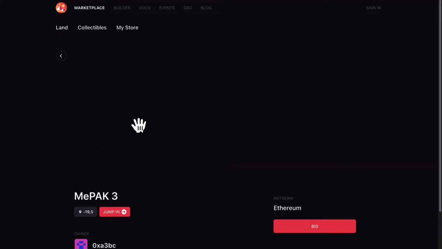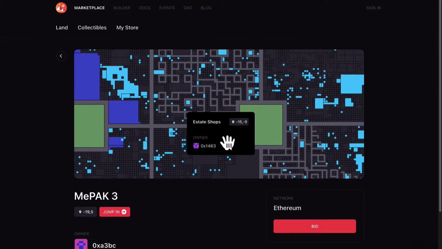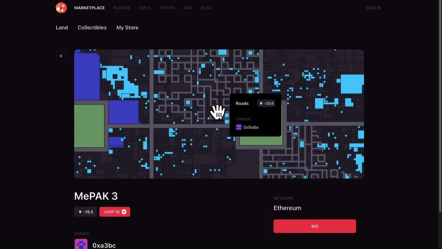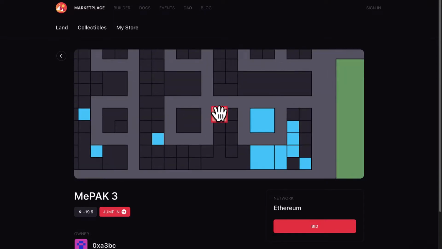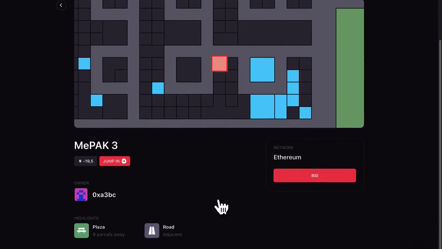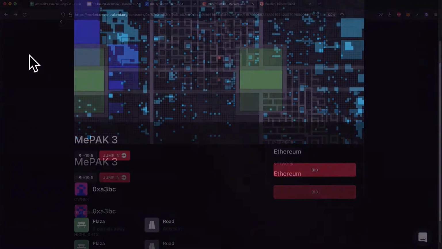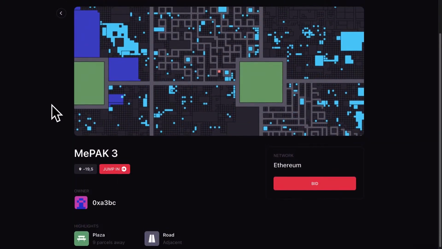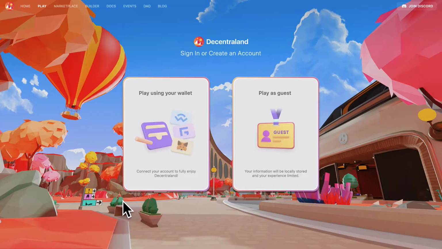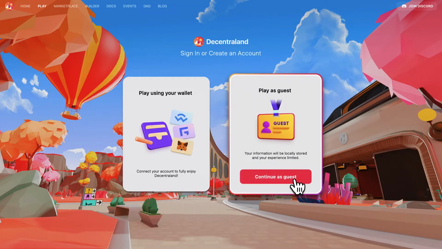You can use land within Decentraland to build three-dimensional spaces and applications. So if you want to build a scene in Decentraland, you have to own the land plot in the virtual world. Decentraland's land is built on the ERC 721 standard. This is a standard defined by Ethereum for how you should build out your non-fungible tokens.